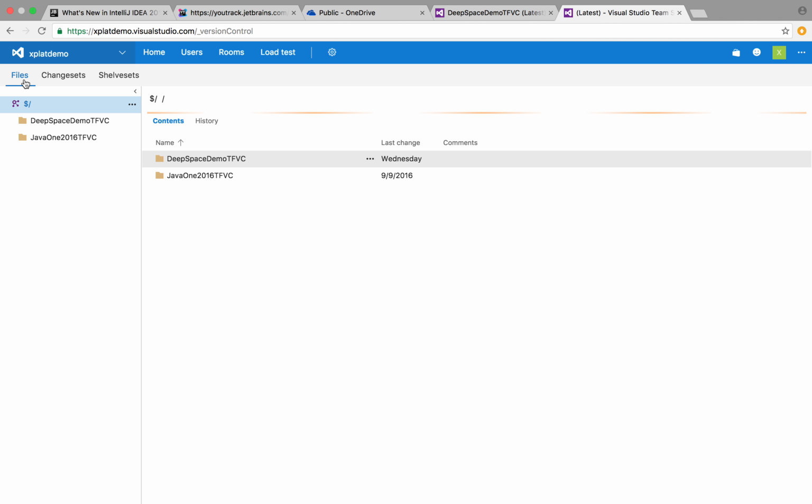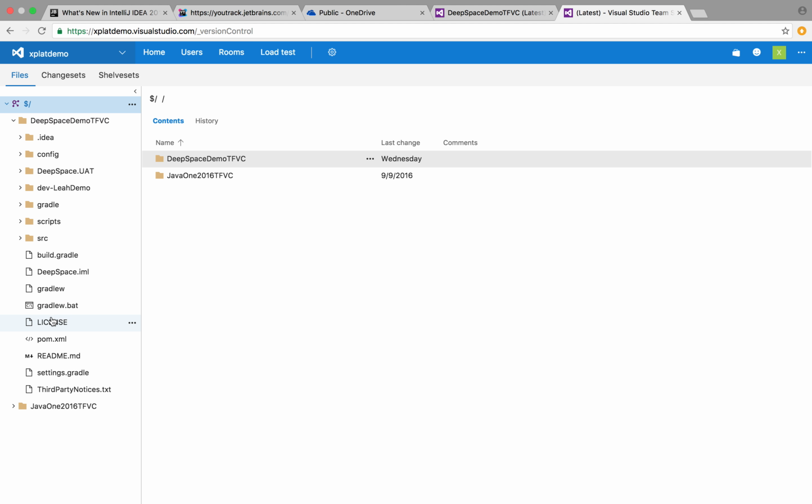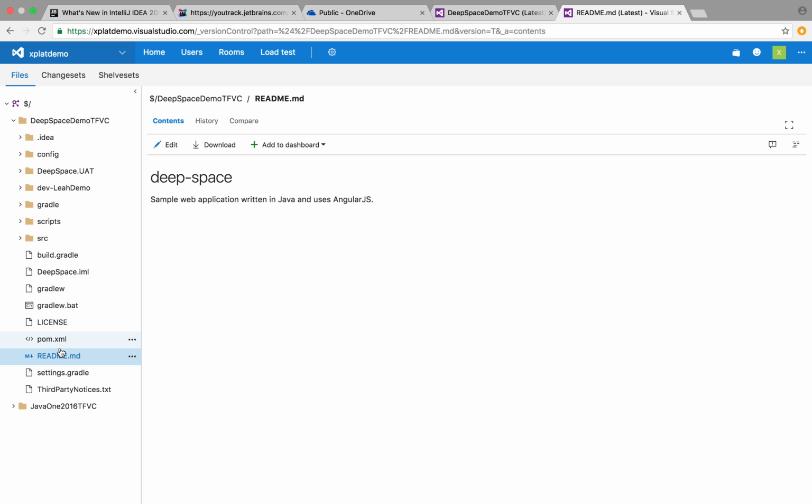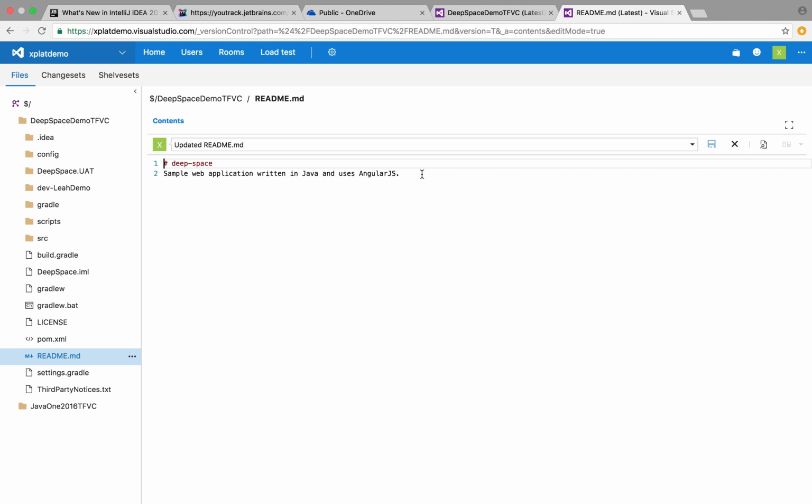So next, let me show you, if I go to Files and I go to my repository here and I'm looking, something that obviously can happen very easily in day-to-day work is your coworker comes in and let's say they're editing a file and they check it in. So they come in here and they look at the README and they think, wow, there's not a lot in this README. So they come in here and they add a to-do, you know, add more to this